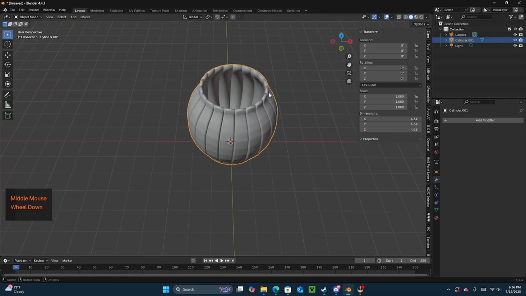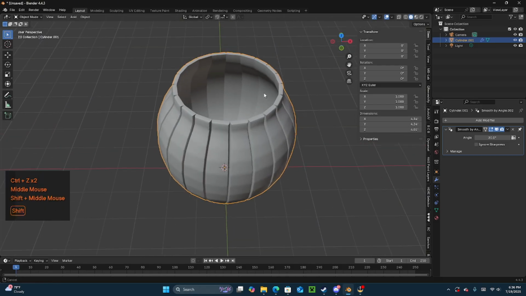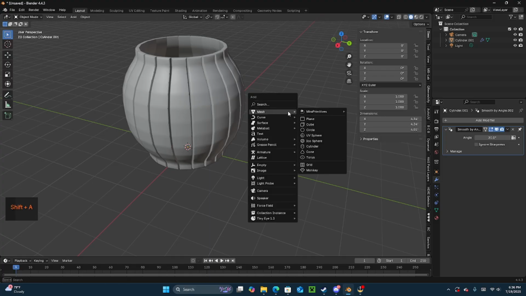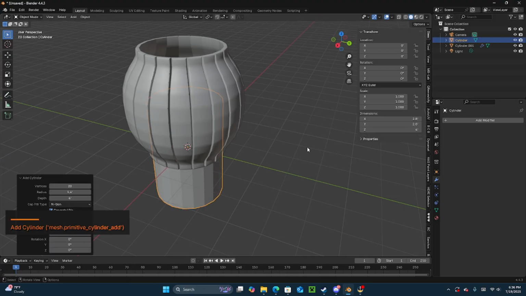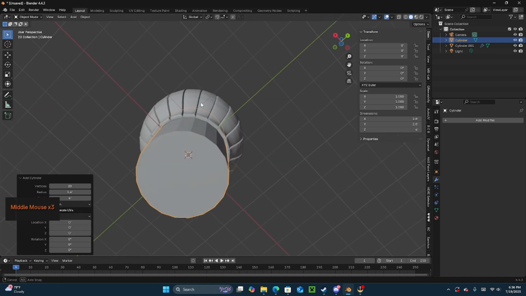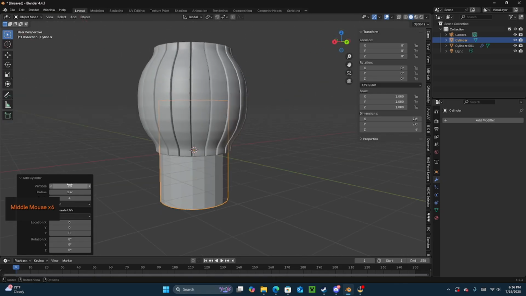Next step is creating the top and bottom caps. So we'll deselect everything and then press Control A, mesh, cylinder. And since the cylinder is already the same width as what we started with and we extruded outward, this should be the perfect size, and it has the same number of segments. All we have to do is go depth 0.25,